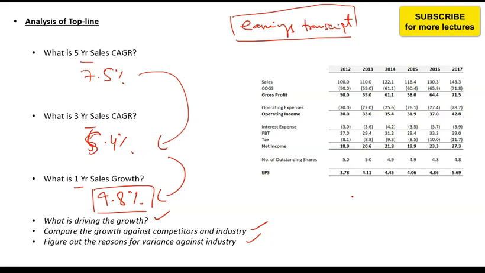And lastly, what is the growth of competitors, and what are the reasons for differences between the growth of your subject company and the competitor. So ये कंपनी क्या ऐसा कर रही है जिसकी वजह से ग्रोथ ज्यादा है, या क्या ऐसा नहीं कर रही है जिसकी वजह से इसकी ग्रोथ कम है. These are the questions that you need to answer. So do all these calculations and then also find out these answers to these questions.